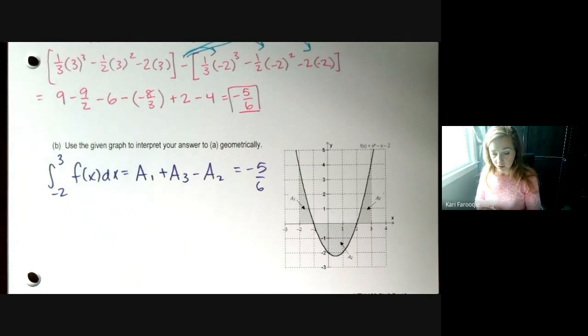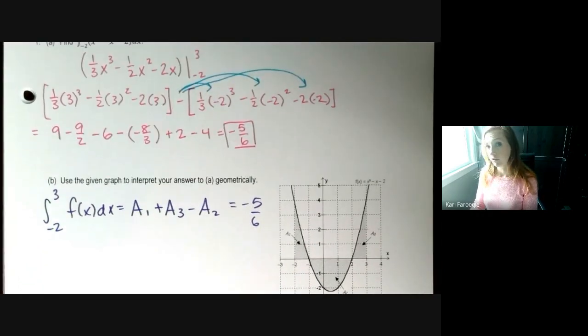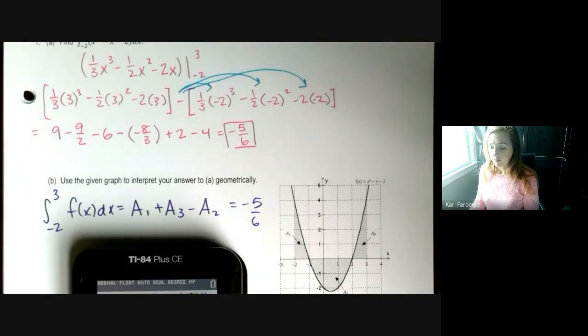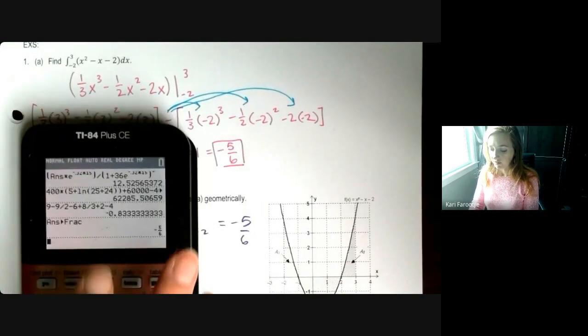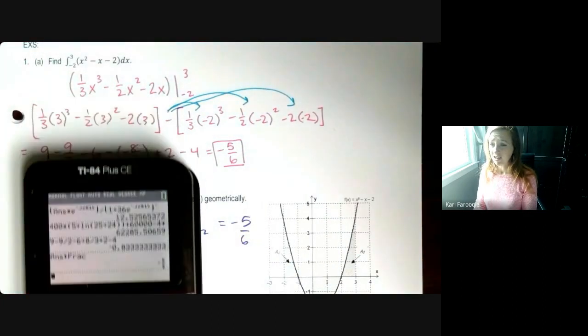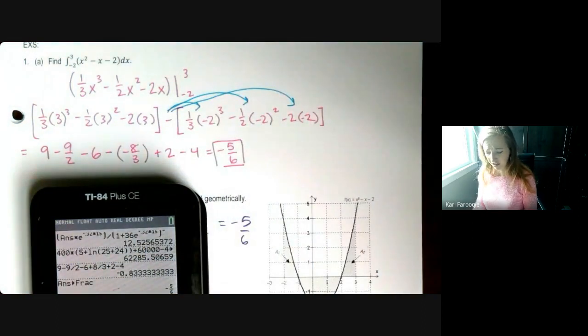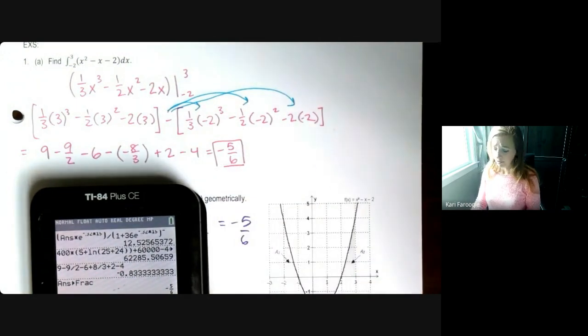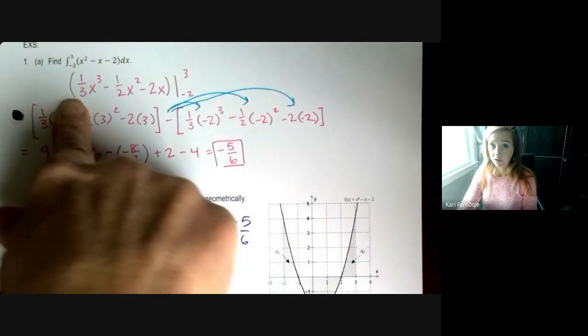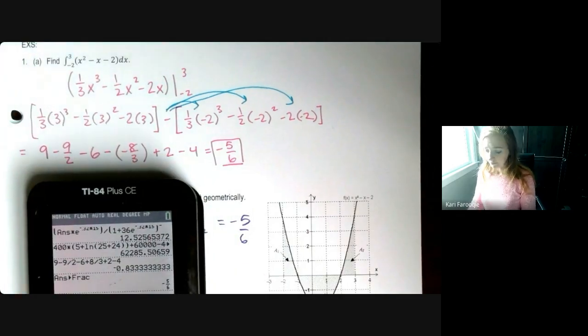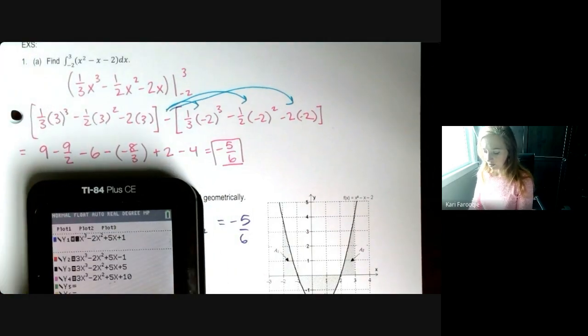One thing I did want to mention, because I told you I'd show you an easier way to check this in your calculator. There are a few different ways, and some of them are almost like cheats because they're too easy. So I'm going to show you a way that I know will work on everyone's calculator. I can take my antiderivative, and if you're thinking, whoa, this is a lot of negative signs and negative numbers, and I don't know if this answer is right, you can evaluate this in your calculator. Maybe not faster, but at least you wouldn't be so worried about